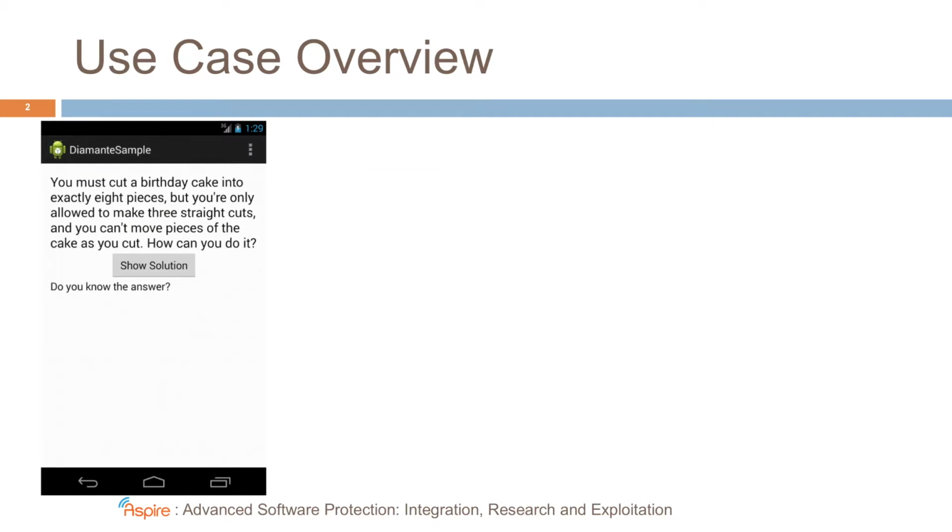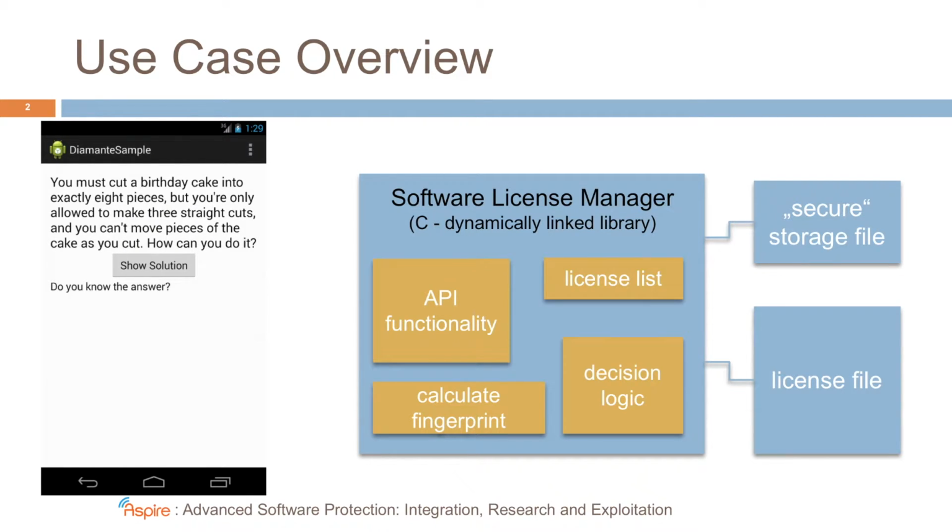The management of the licenses is done in a separate library, a license manager. This is a dynamically linked library programmed in C that contains APIs to access its functionality. It can calculate fingerprints of the machine it's running on. It can keep track of licenses, and it has a bunch of decision logic to allow you or not access to licensed material. Moreover, it permanently stores licenses in license files, and then it has some secure storage files to